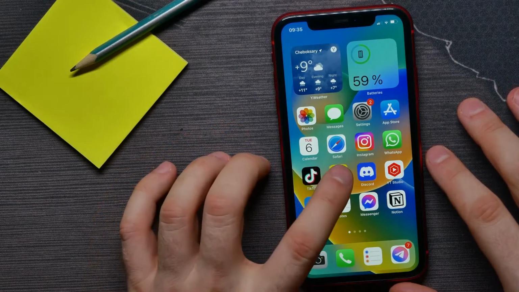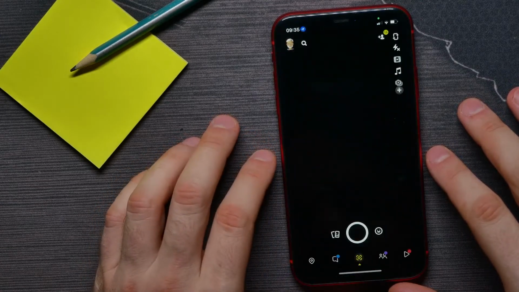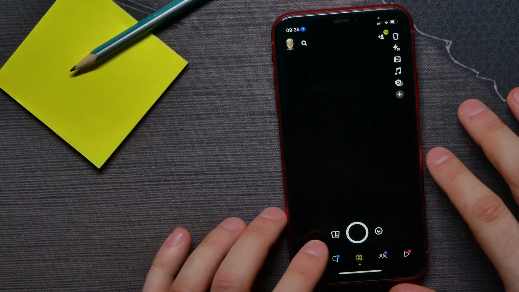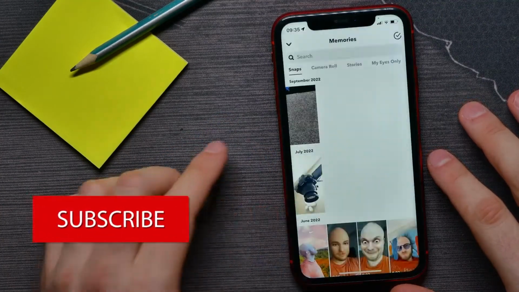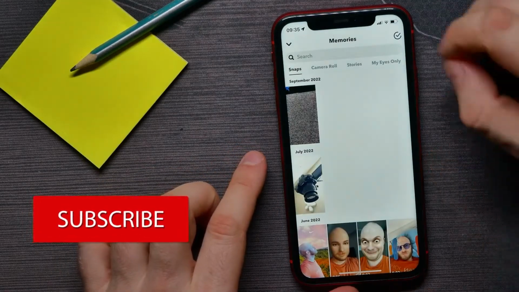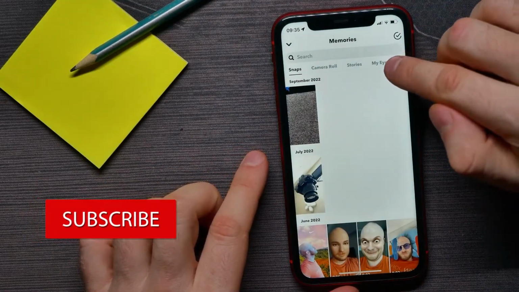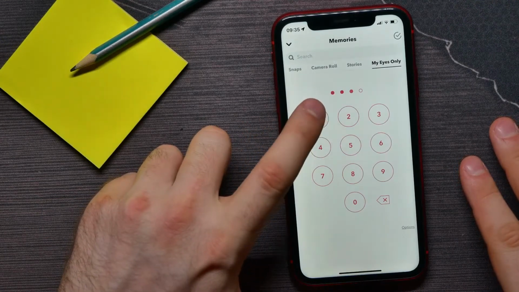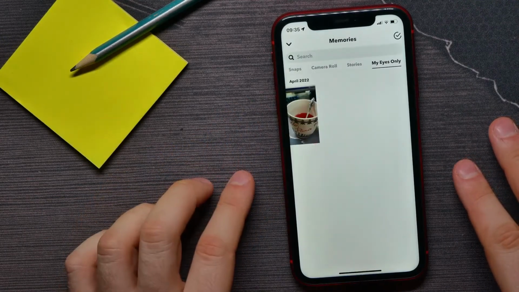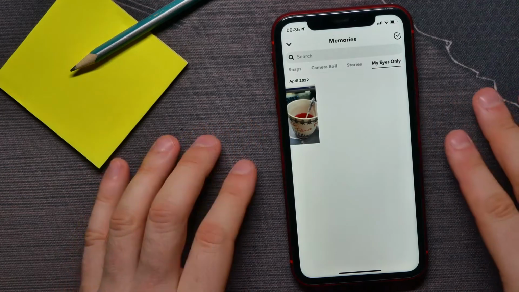First, open up the Snapchat app and there, just next to the record button, hit the add memories icon. There you can tap on My Eyes Only. Here you have to enter your My Eyes Only passcode and it shows all the My Eyes Only pictures that you